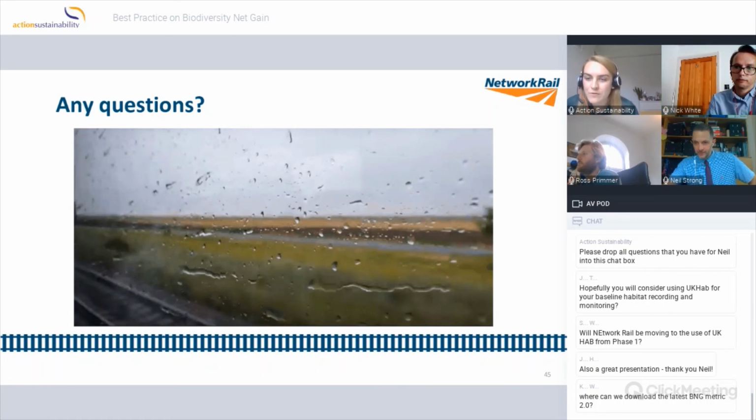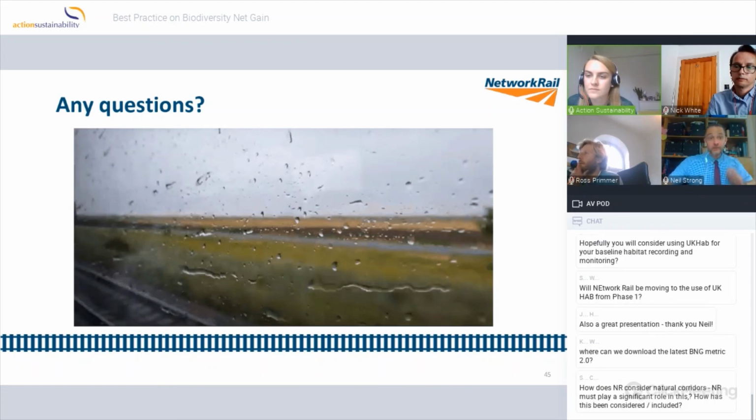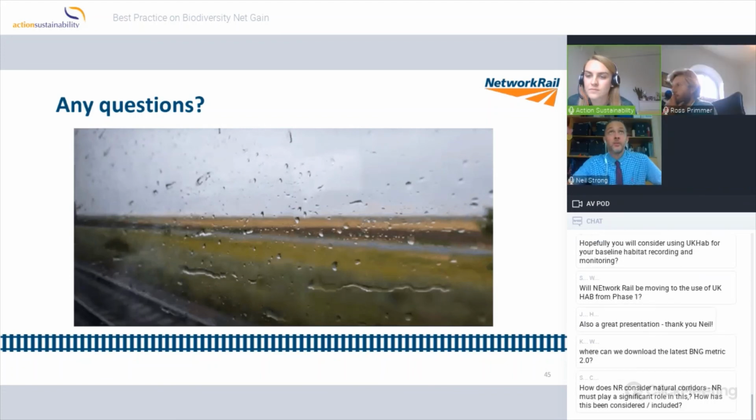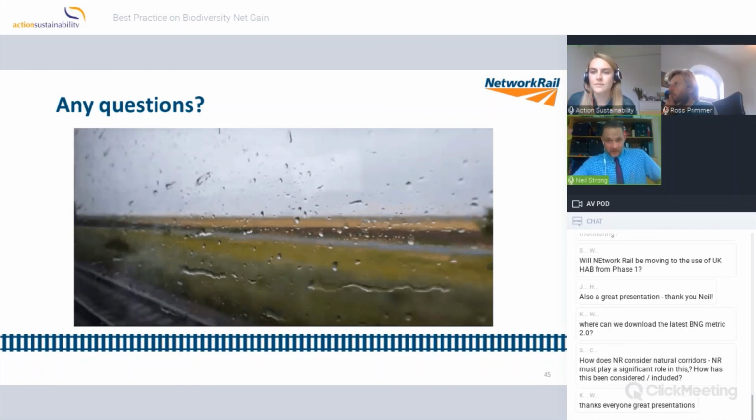So for Neil, how does Network Rail consider natural corridors? We've got 20,000 miles of them across Britain. We run trains up to 125 miles an hour through the middle of them with 25,000 volts of AC electricity in some places. So we have natural corridors.